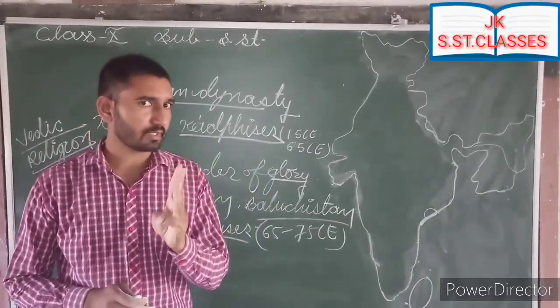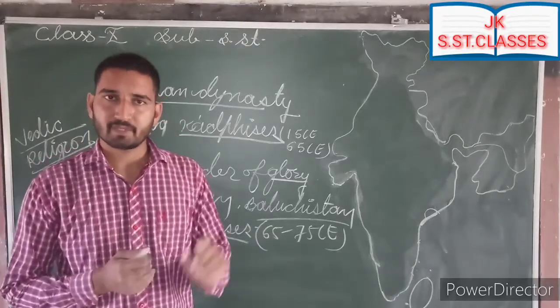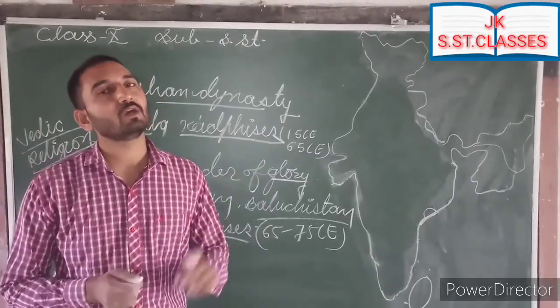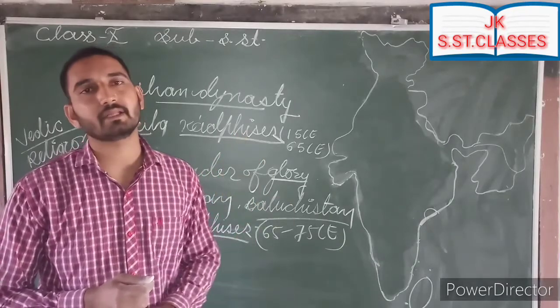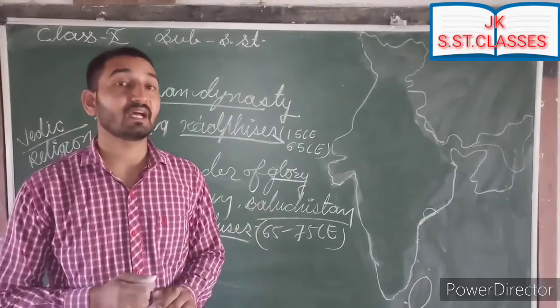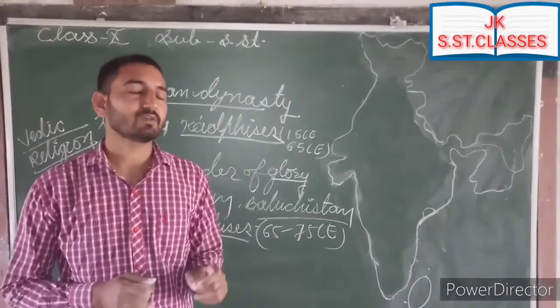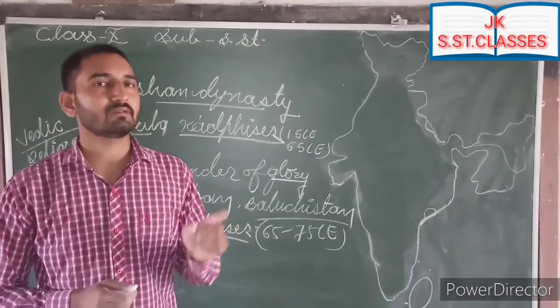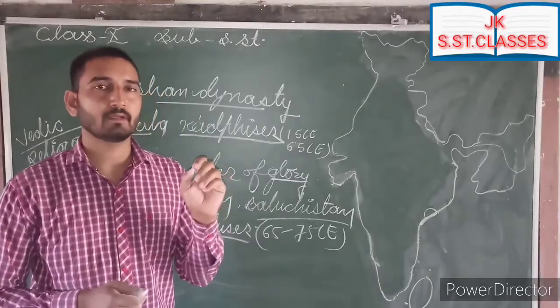Guys, about gold coins in Indian history, you have to keep three things in your mind. First gold coin in India was circulated by the Unani rulers, means Indo-Greek rulers. Menander, maybe you know the name Menander. So Menander was the ruler who circulated the first gold coins in India. After that,